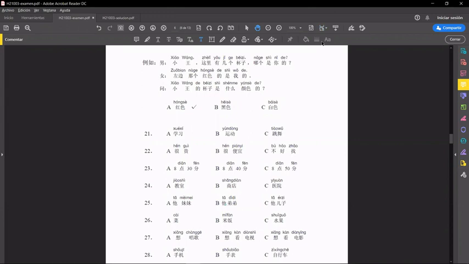现在开始第21题。21，外面天气很好，我们出去运动运动。好，打篮球怎么样？男的想做什么？